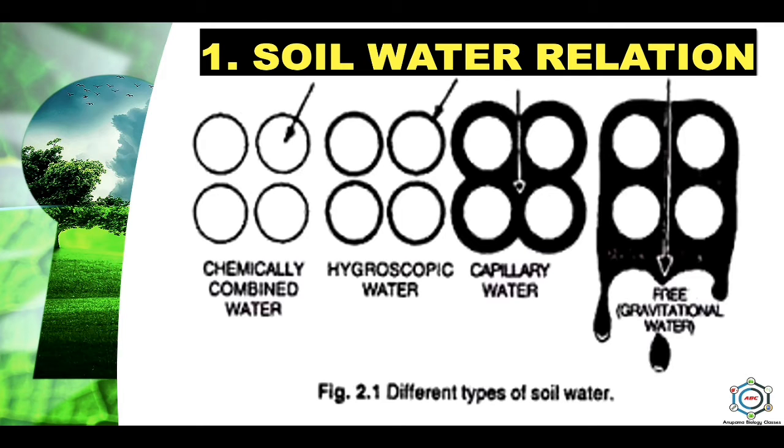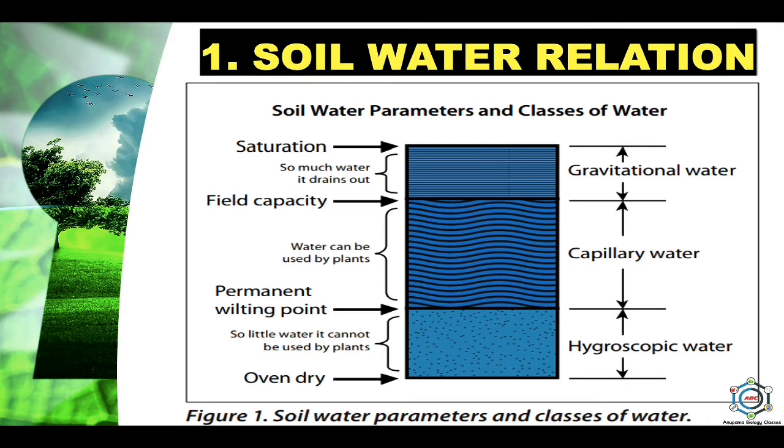Now, capillary water. So what is capillary water? It comprises the bulk of the water remaining in the soil after gravitational water, which you can see in the picture after the gravitational water. Second is capillary water. The capillary water fills the spaces between non-colloidal soil particles. It occurs in the form of film coating smaller soil particles and is retained by the forces of the surface tension. It does not respond to the gravitational pull. The capillary water is readily available to the plant and it is the main source of practically all the water absorbed by them.